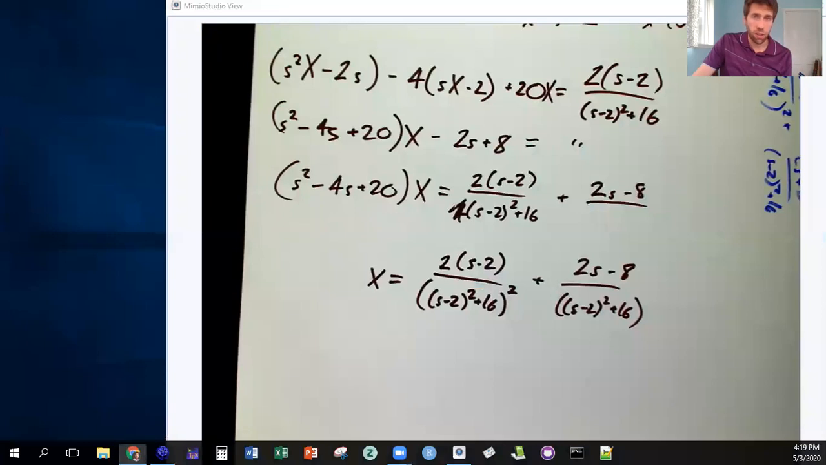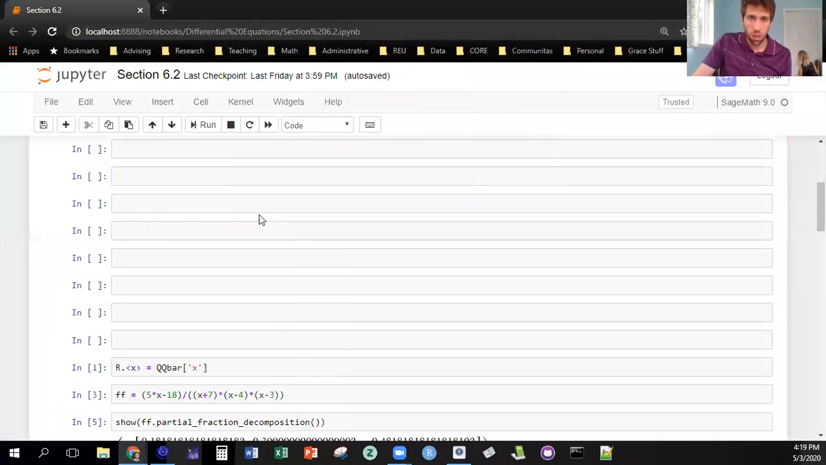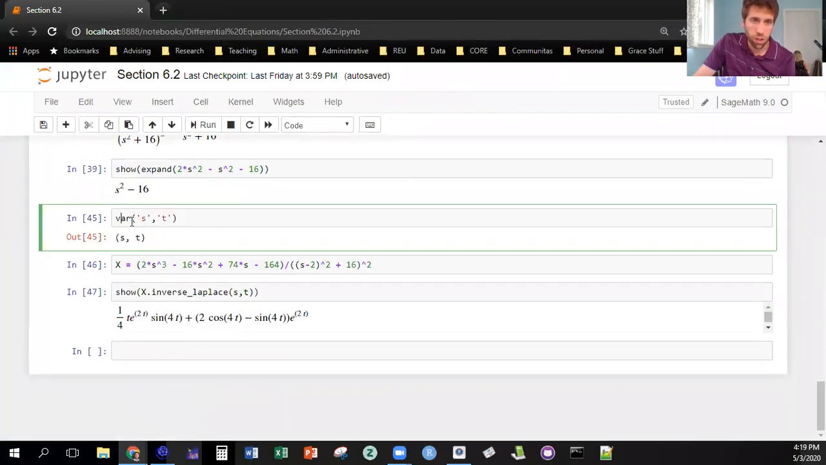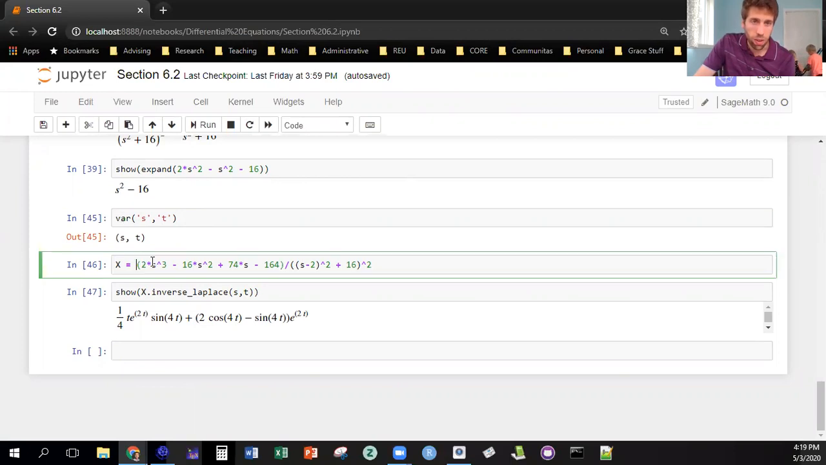Let's go down to where I solved it. So first, what you've got to do is define some variable names, s and t, and then define x. So in this case, x is what I had. So 2 times